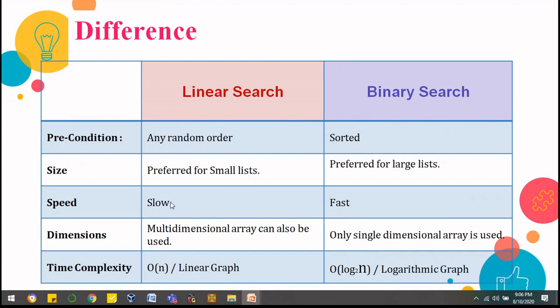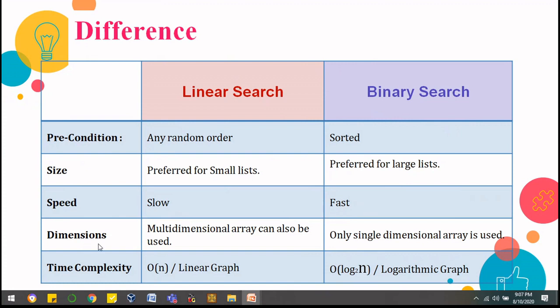Now coming to speed, obviously linear search is fast, but only when the number of elements is less, because then the computational cost will be less. But in binary search, for a small number of elements the computation cost will be large because there are a lot of comparisons. So we will prefer binary search if we are using it for a large number of elements, because linear search will be very slow there and binary search will be very fast, right?